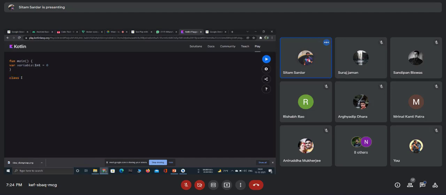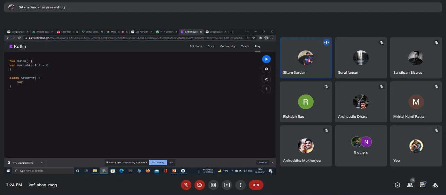Then here, let's say I give my data type's name as Student. As you can see, the data type name here is int, and I am creating my own data type as Student. Now, inside Student, I can create a bunch of data. I can store a bunch of data here.